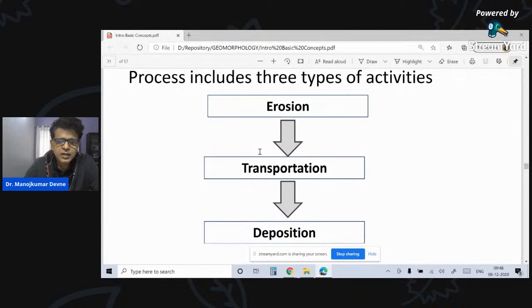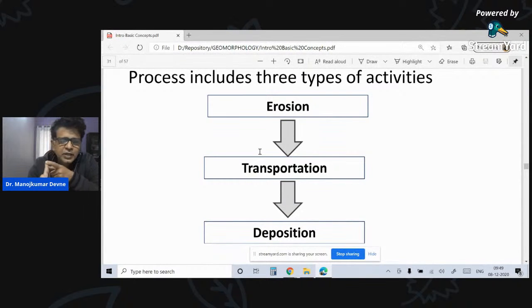Now, who does this is something for further study. But let me tell you that since your syllabus restricts us to river geomorphology only, we know that the river erodes, we know that the river transports, and we know that the river deposits as well. But similar things happen with wind, with groundwater, karst topography, with glaciers, and with waves. Okay, the only thing is, given the condition of that particular agent, these are called agents of erosion, 5 major agents of erosion.